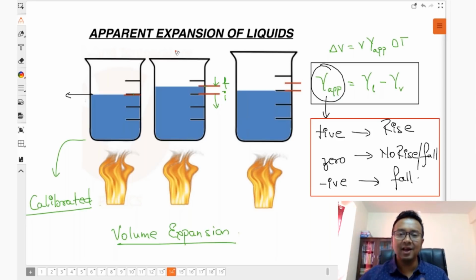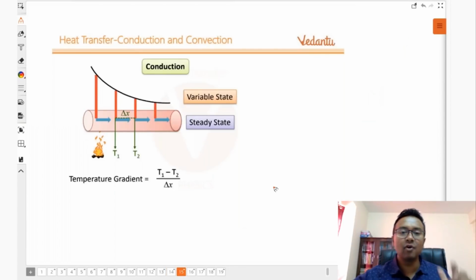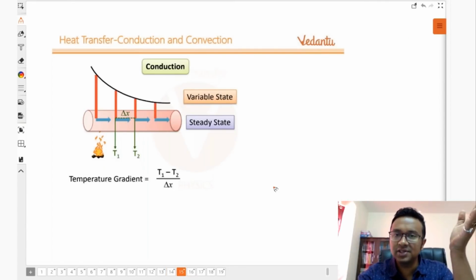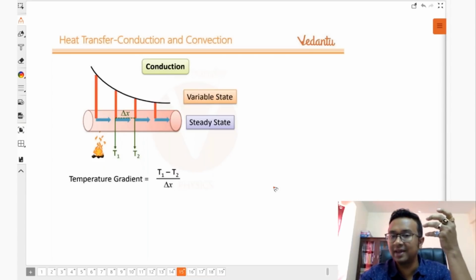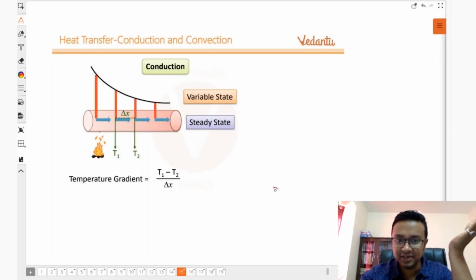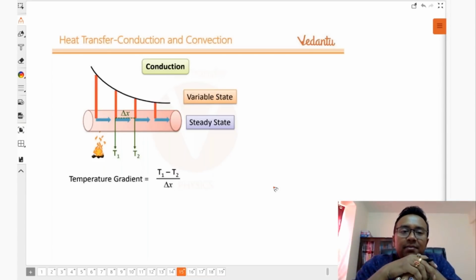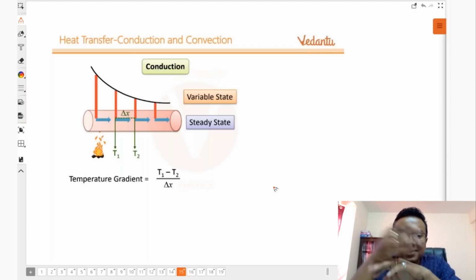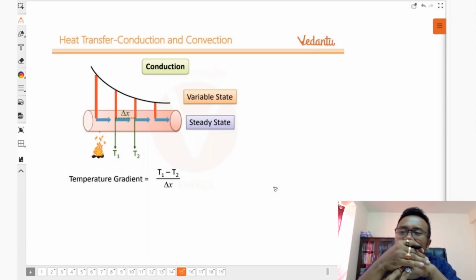Now, I've taken up a very small section along with this, that is for your heat transfer. As such, students, for heat transfer we have three methodologies. It could be by conduction or convection or radiation. Here I have taken up only the conduction process. And it is very interesting,